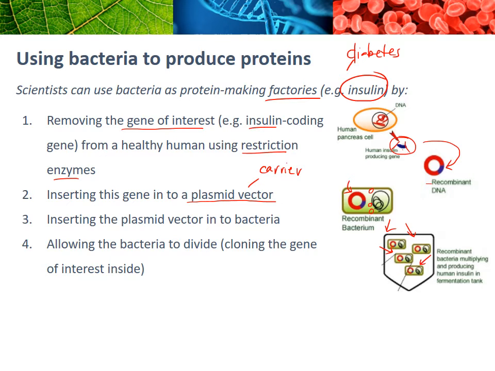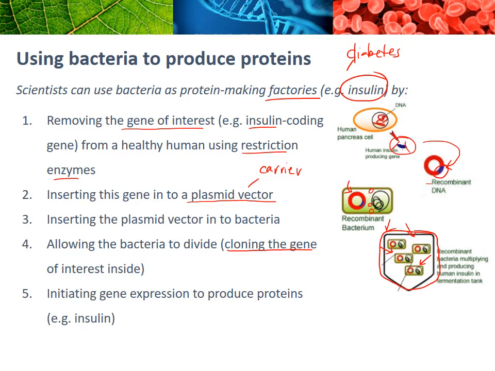This is now, imagine we're in a petri dish, is what this will be done in. So we've made lots and lots of copies of the bacteria, and because each of those bacteria has this plasmid in it, and that plasmid has this gene in it, we've cloned that gene. We've made lots of copies of that gene,